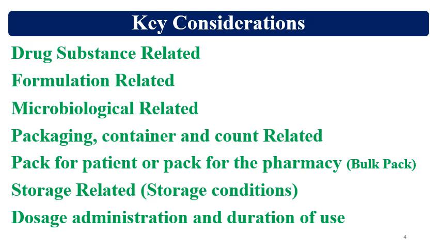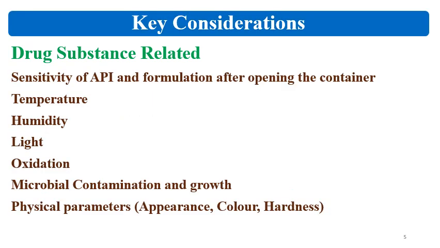So now we will see the key consideration factors one by one. First is drug substance related. You have to understand the sensitivity of the API and the formulation after opening the container. The API and formulation may be sensitive to temperature, humidity, light, oxidation, or may be sensitive to microbial contamination